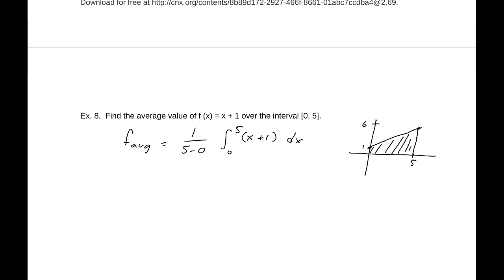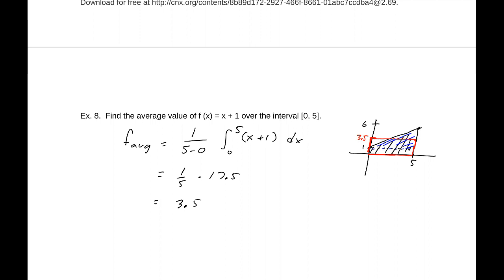Alright, now based on the fact this is made up of a triangle, and we have a triangle here in blue, a triangle and a rectangle, the area of that is going to be 17.5. So the average value is 3.5. What that means, I'll do that in a different color, is if I go to a y value of 3.5 and I make a rectangle here of width 5, going from 0 to 5, the area of that rectangle would be equal to